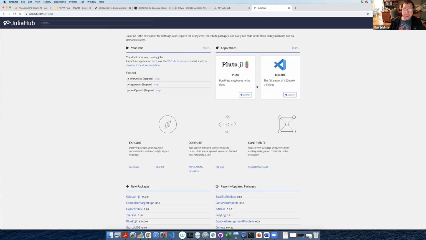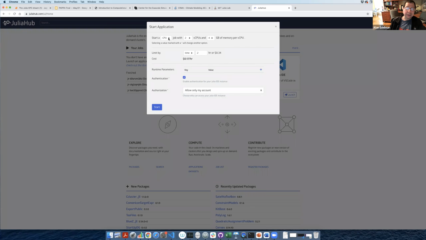You could work in a notebook mode, and I'll say a few more words about that. But this is Julia's notebook world, or you could do it in a more traditional editor mode. And so this is the VS Code approach. So what I'm going to do is I'm going to click this one. And because we're doing parallel computing today, I'll pick a GPU, and I think 4 processors. Well, maybe I'll switch to 8 processors. And we'll do it on the V100.